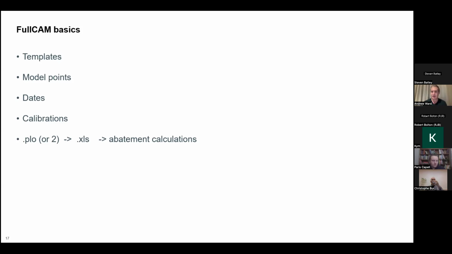Like, would there be 1 or 2 or 10 or 20? And how many times can you run FullCAM to determine a model point? You'll see it's not full, literally when you're in the groove, it takes you 10 minutes to run a FullCAM simulation, so you can test quite a